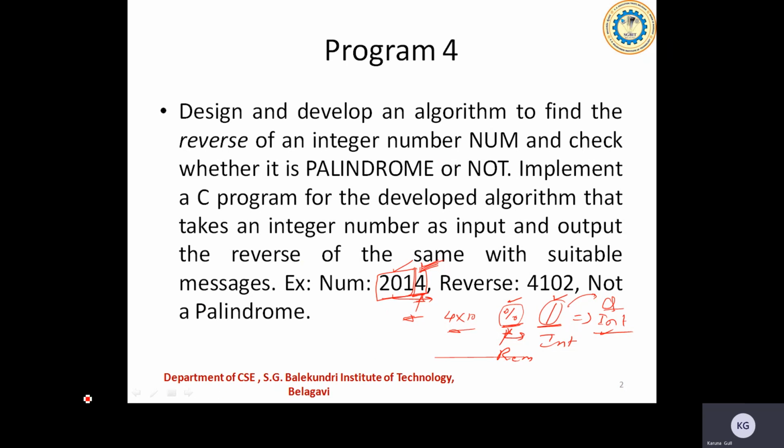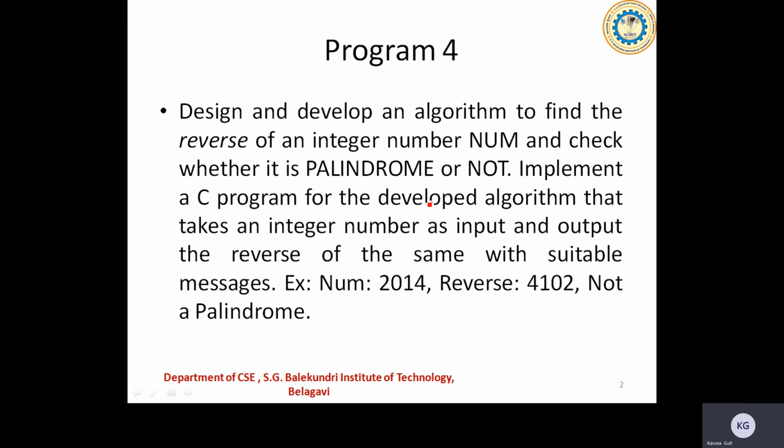Okay, so now I'll be repeating this until the whole number is done. I'll take up all the digits of this given number and proceed with that, meaning until I get the number as 0. When the quotient becomes 0, then I'll come out of the loop. This is what we follow in finding the reverse of a given number. Afterwards, the reverse number will be cross verified with the given number. So this is the base behind this.